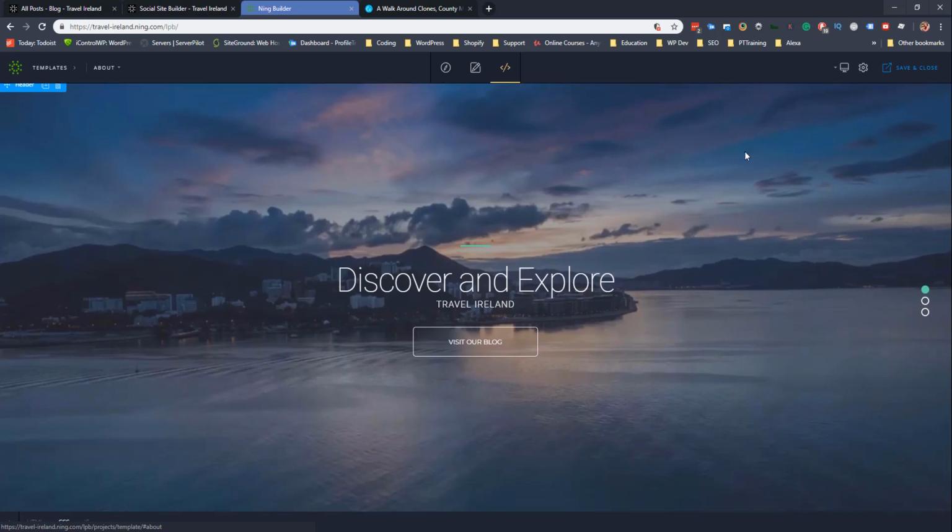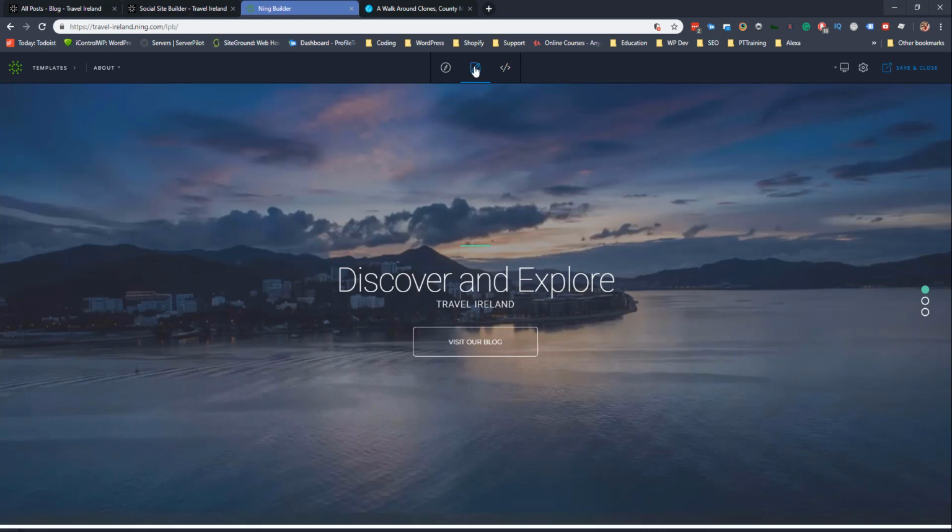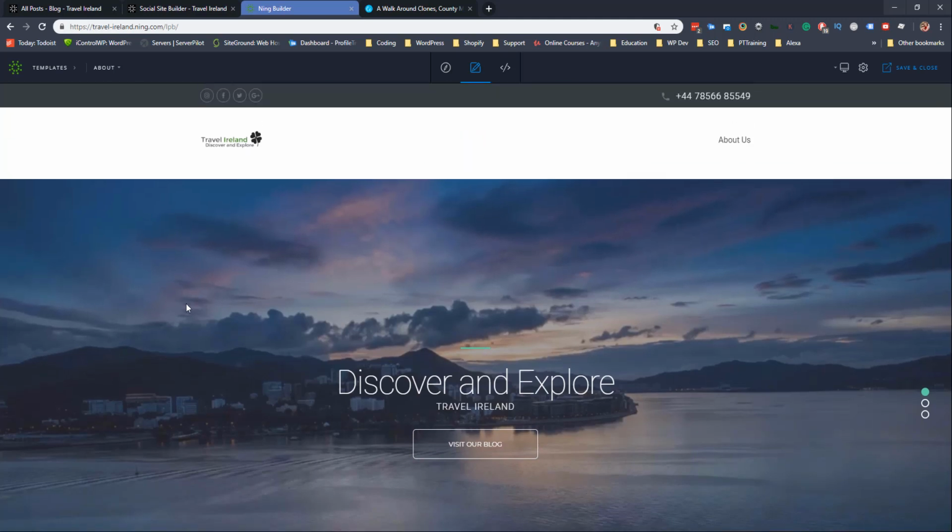But next we have kind of the core purpose of a landing page, or the core purpose of this type of page, which will be discover and explore Travel Ireland. And our idea here is that when you click on the button, when you change the text, it's just as easy as highlighting. So if we go back to edit mode, highlight the text, of course we can change that out and define that in any way that we want. It was the same for the image. If we just highlight anywhere with the mouse, you will see our toolbar again appears,